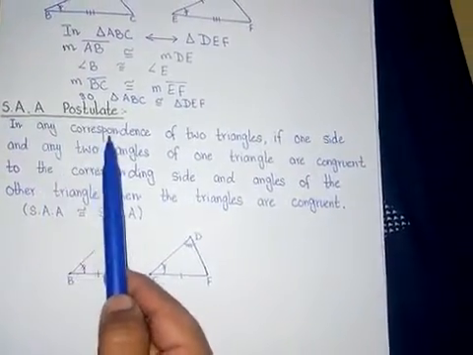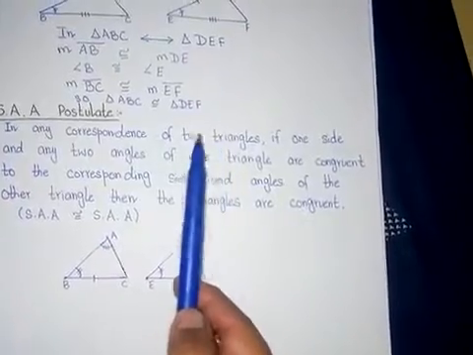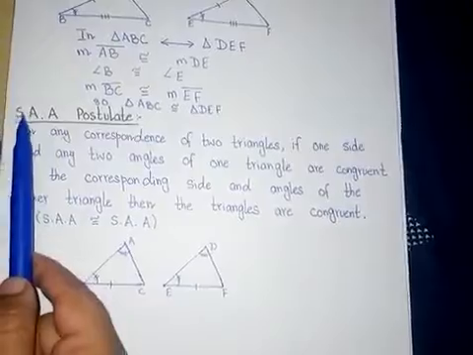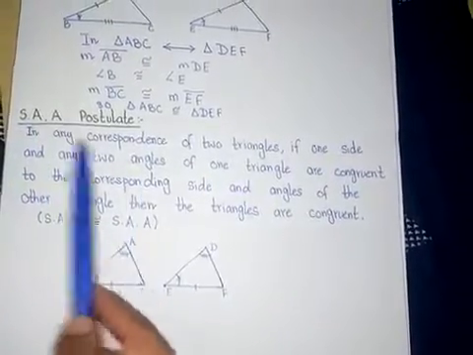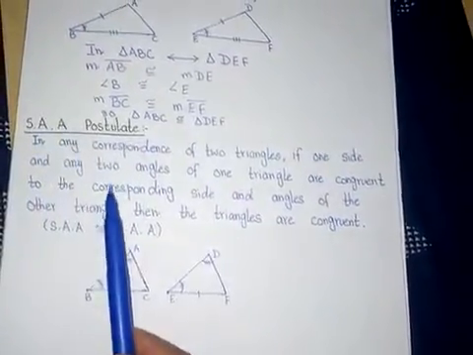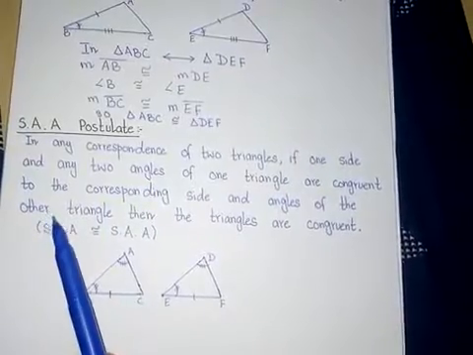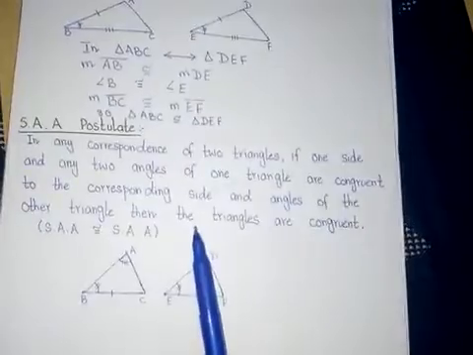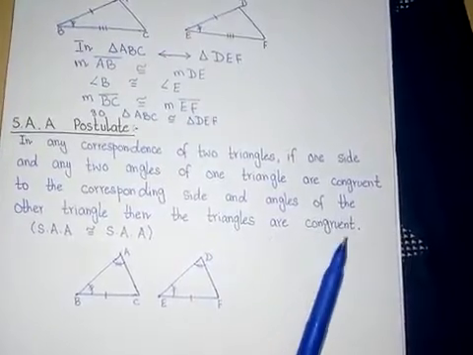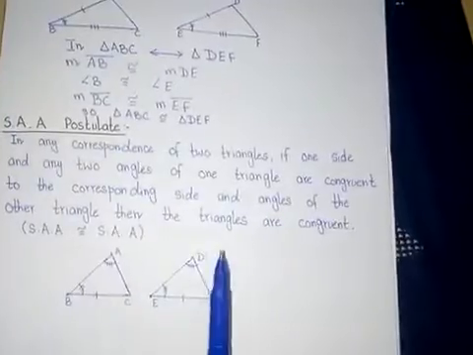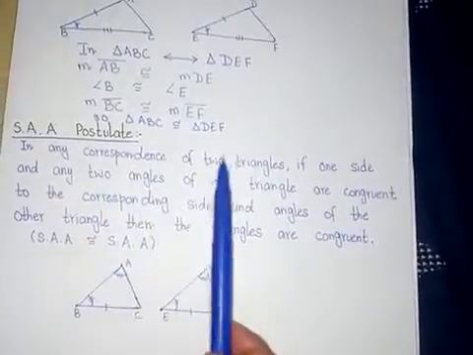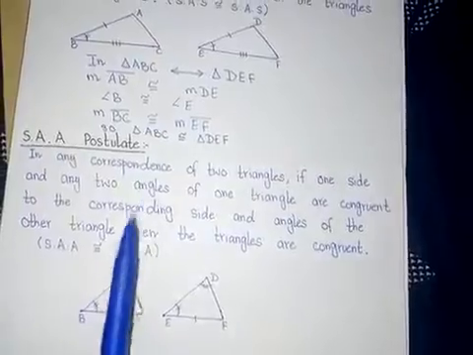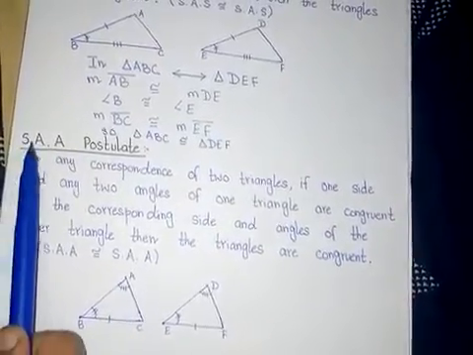In any correspondence of two triangles, it means if we compare the two triangles, if one side and any two angles of one triangle are congruent to the corresponding sides and angles of the other triangle, then the triangles are congruent. It means कि अगर हम दो triangles का comparison करें और उसमें से किसी एक triangle की एक साइड